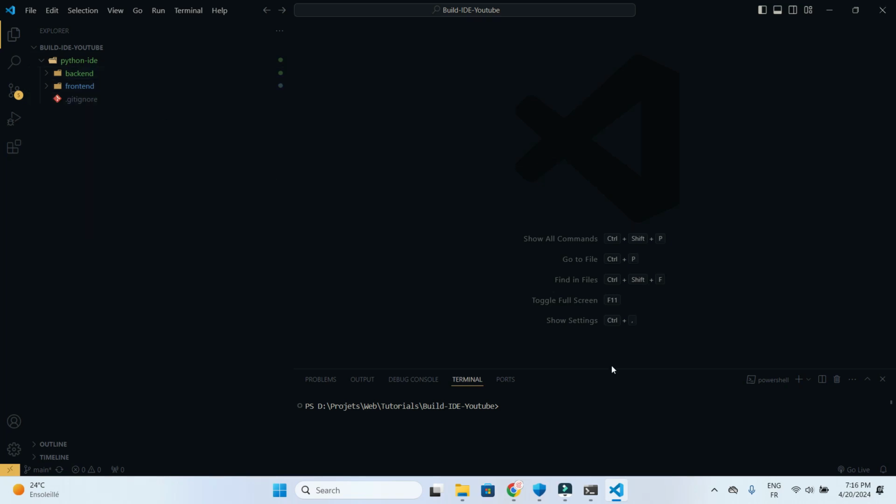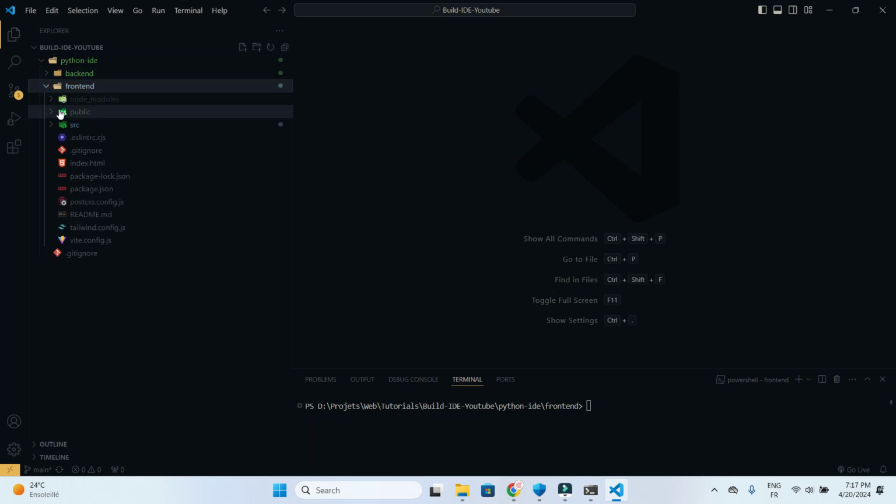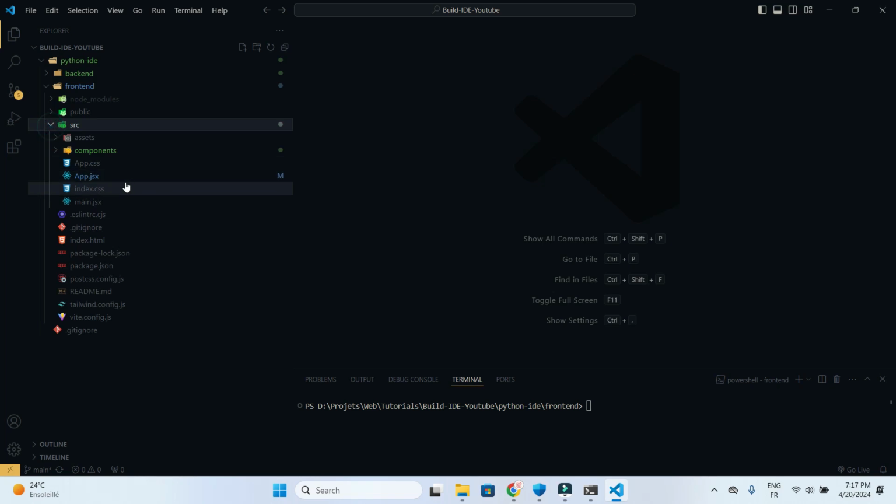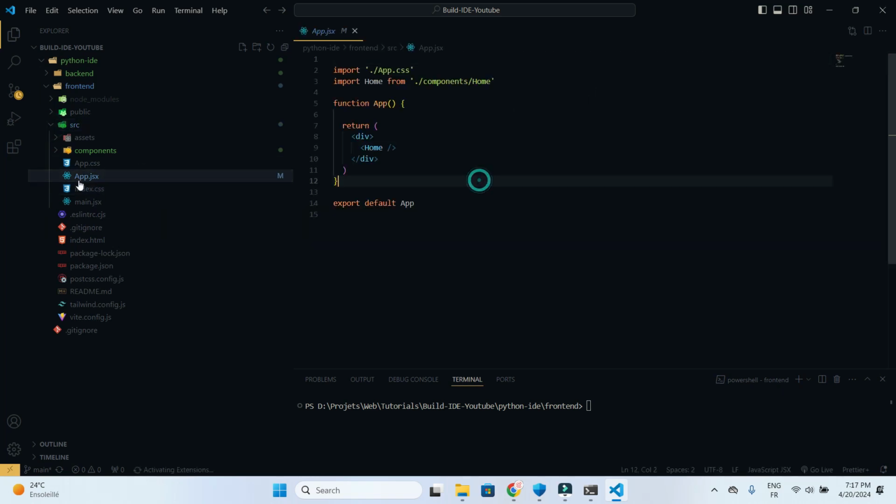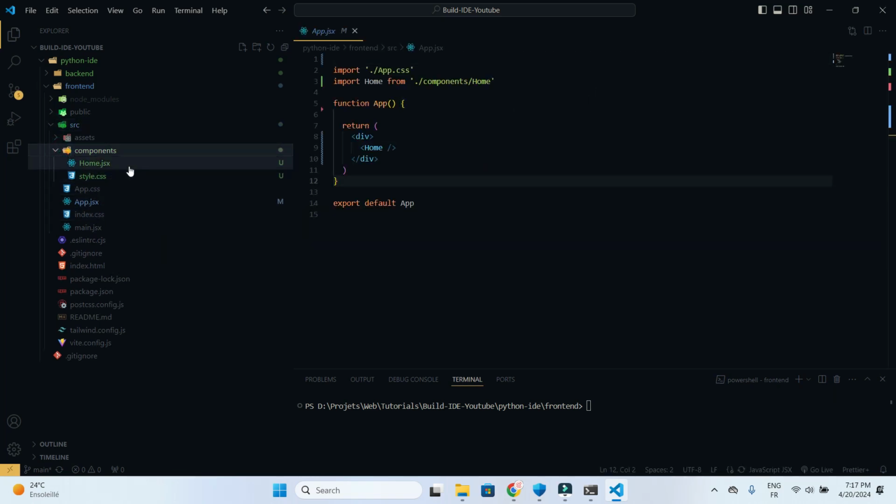So you see, go to the front end, right? So we are in the front end, and go to the app.js, the component